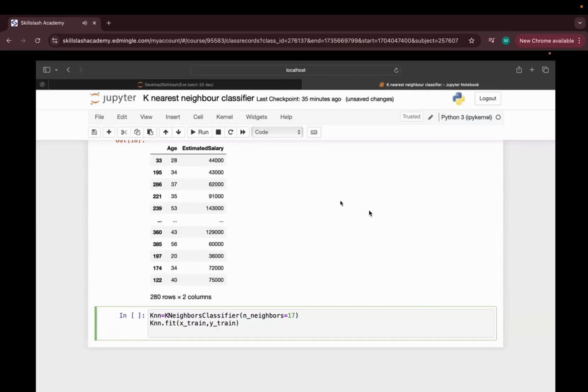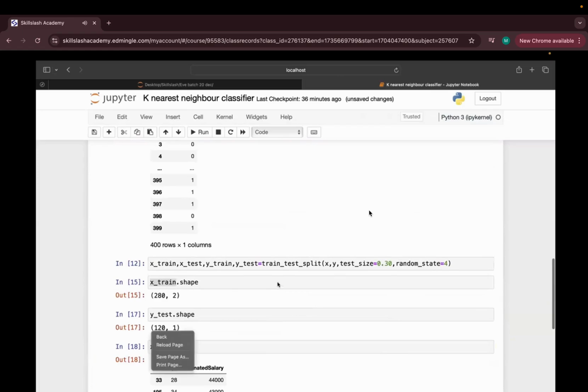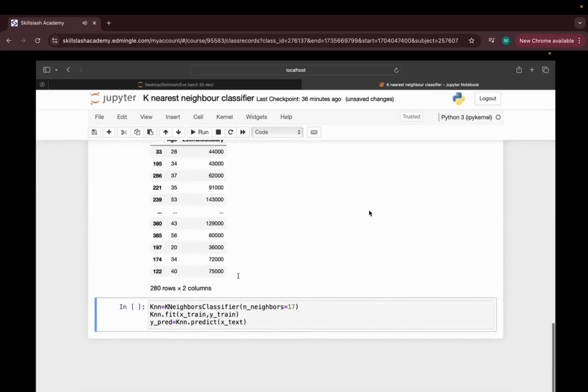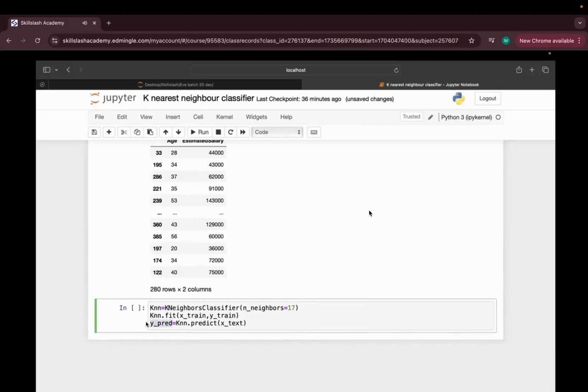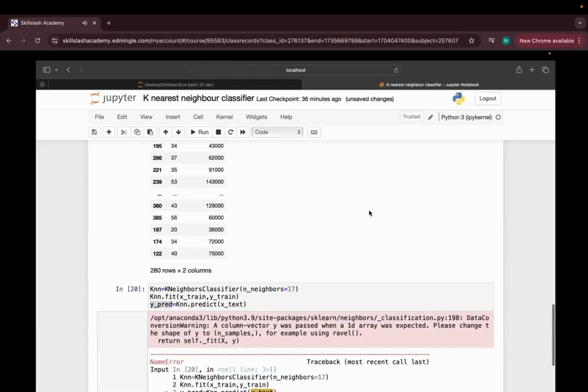Once it is going to give you the logic after fitting the X train and Y train inside this variable KNN, what is the next thing? To test it. How we are going to test it? Simply write KNN, again the same variable name, dot predict. Inside that, we have to mention what? X test. And I am saving that in the variable Y pred. Okay, this is going to give me the Y pred value. We already have the Y test value, which is the original value. Similarly, we are going to get the predicted value for that. Okay, I'm running this simply.